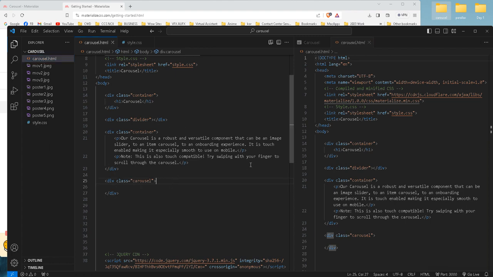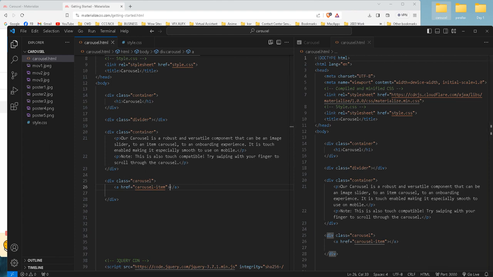Okay, so let's go ahead and start div with the class of carousel. Okay, and then let's do a, and this time I'm gonna do carousel-item. So yan kasi yung tawag dun sa per item or per picture. Okay? And then we will be doing the href siguro ay wag muna. But we'll be doing an image inside. So let's do img and type lang natin kung ano yung gusto natin dito. So that is